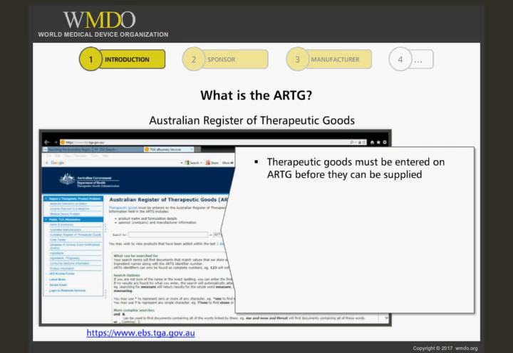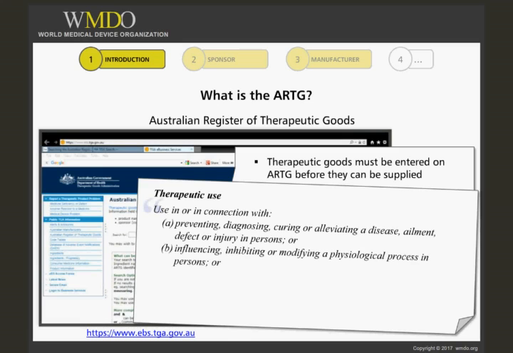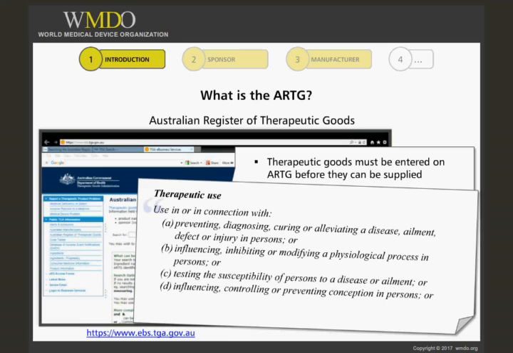Therapeutic goods are products which are or are likely to be taken to be, for example, in the way they are presented, for therapeutic use. Therapeutic use means in or in connection with: a. Preventing, diagnosing, curing or alleviating a disease, ailment, defect or injury in persons, or b. Influencing, inhibiting or modifying a physiological process in persons, or c. Testing the susceptibility of persons to a disease or ailment, or